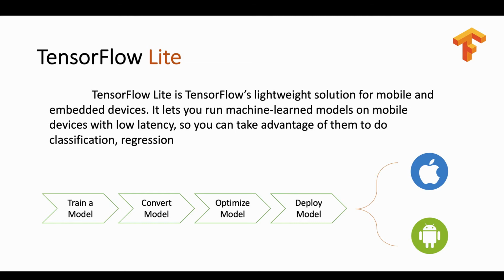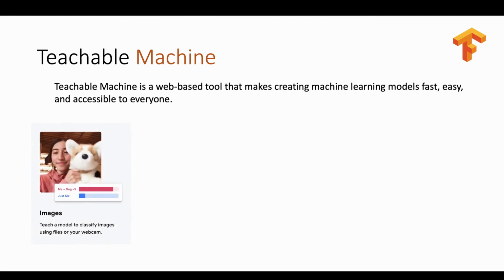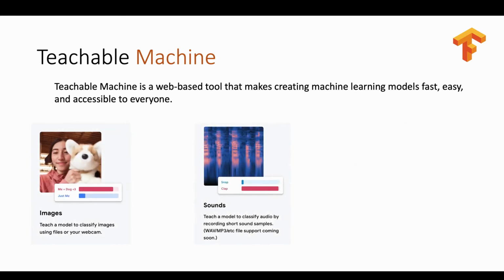There are different pre-trained models already available on the TensorFlow website. Either you can use those models directly or you can create your own custom models. If you are not a machine learning expert or have no idea how to create a model, don't worry. Luckily, we have Teachable Machine provided by Google to encourage machine learning enthusiasts to quickly train models. Currently, we have three types of projects and more are coming in future: an image project, audio project, and a pose project.